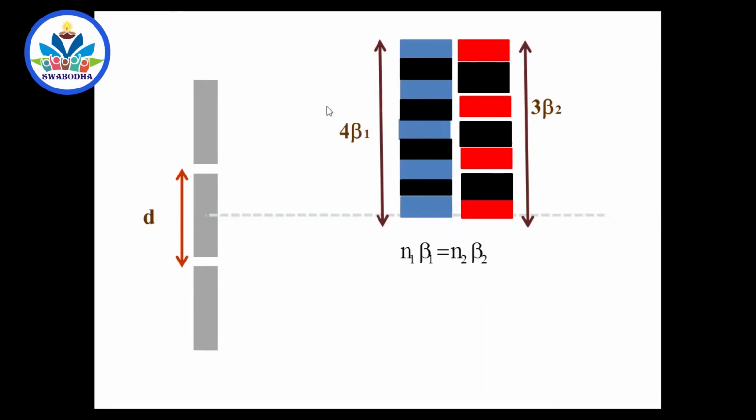I don't know which fringe of this one and which fringe of that one. This is the n1th fringe, this is the n2th; you can take n and m anyway. So the nth fringe of this one and the mth fringe of this one are formed at the same place, or n1 beta 1 is equal to n2 beta 2. Now expand beta 1 and beta 2. While expanding, you have to change the wavelength, but not the capital D, small d, etc., because both wavelengths use the same apparatus. So I can write n1 lambda 1 D by d is equal to n2 lambda 2 D by d. D by d is the same, so cancel them. What you will get? n1 lambda 1 is equal to n2 lambda 2.